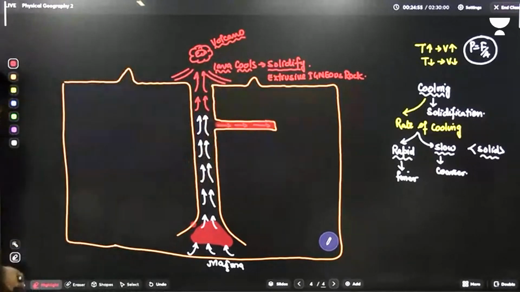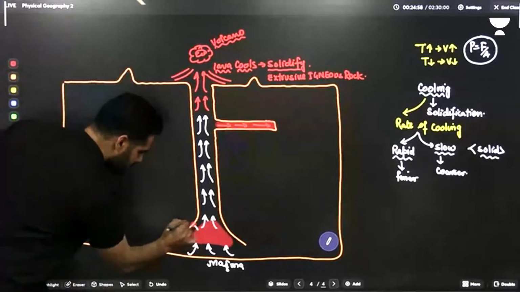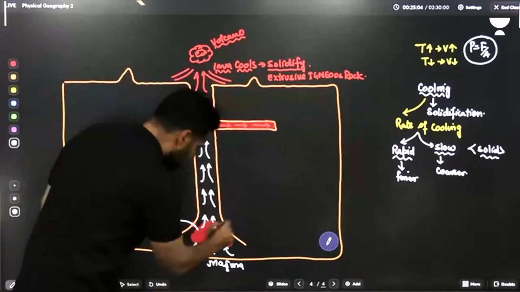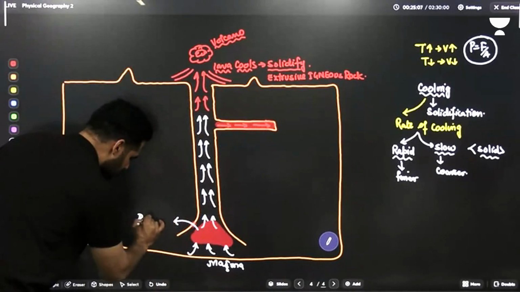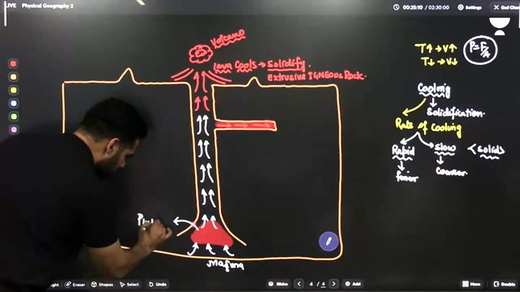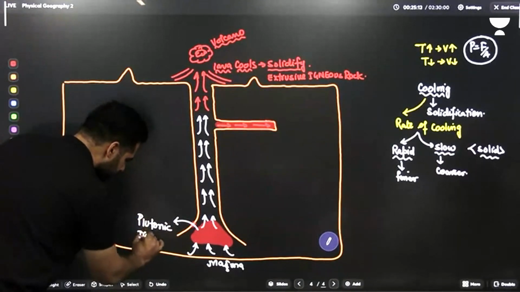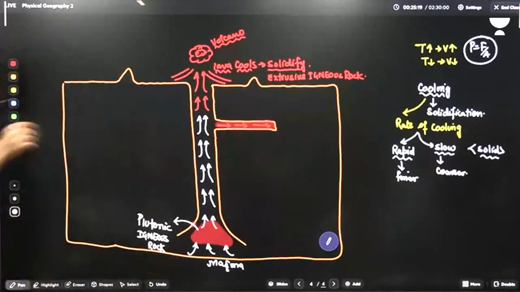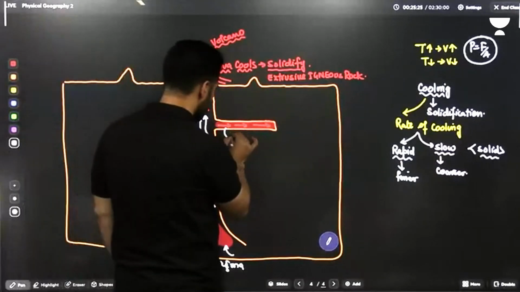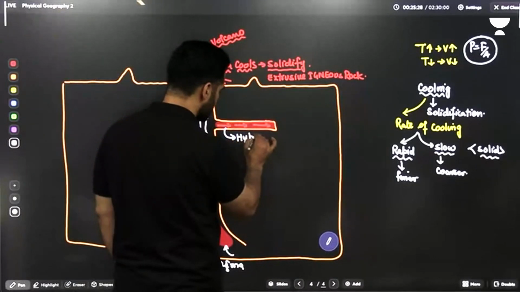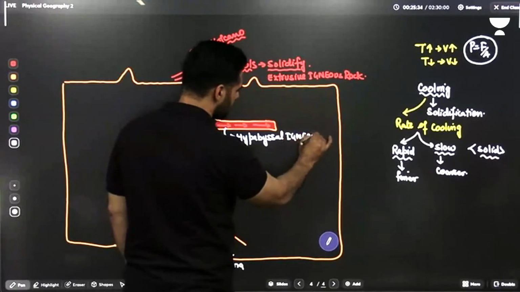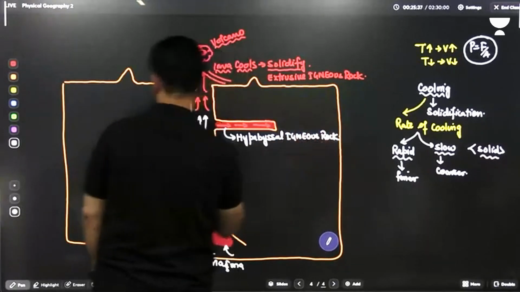समझ आ रहा है? तो अगर मैं यहाँ पे अब यही बात लिखूं, in this part and this part, what are these two examples of? Intrusive igneous rock. इसको मैं लिख देता हूं प्लूटोनिक इग्निशियस रॉक। मैं बता देता हूं ऐसा क्यों कहते हैं। Plutonic igneous rock. Where is it found? Within the crust. At shallower depth or greater depth? Greater depth. This is called as hypabyssal rock. What is this called as? Hypabyssal igneous rock. ठीक है यहां तक? ओके, आगे देखते हैं जरा।